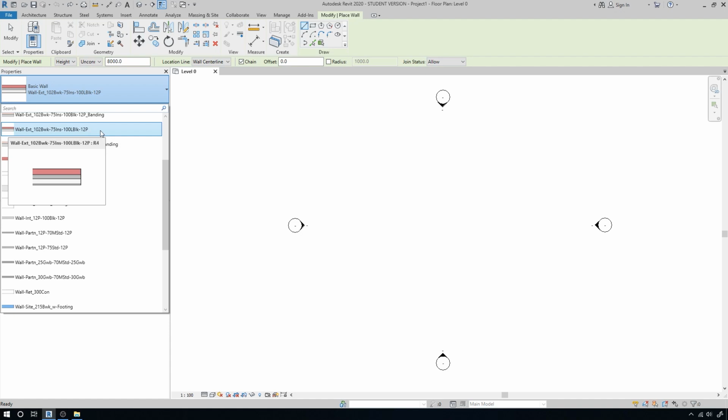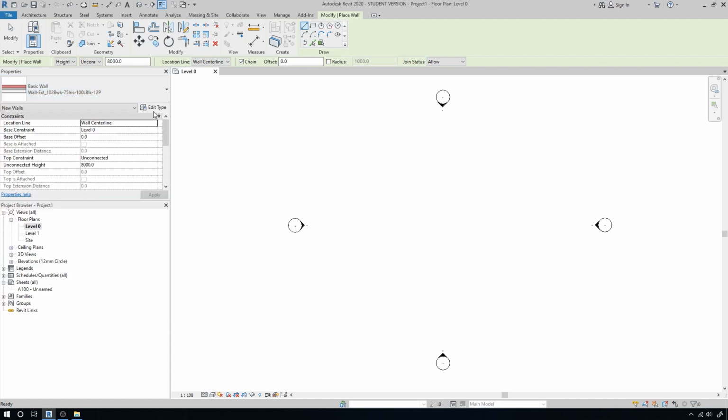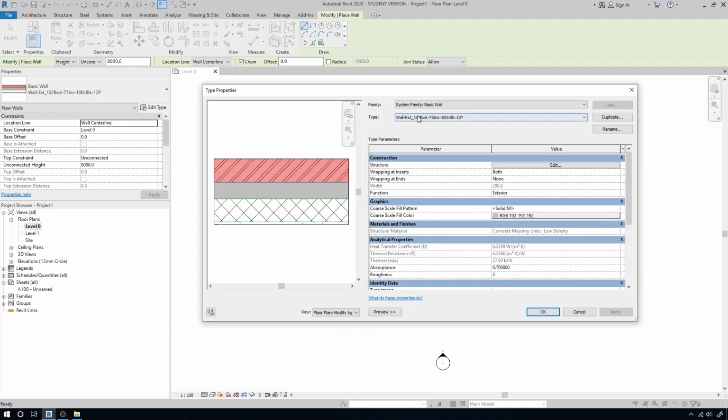wall. You simply click on any wall, a random wall, it doesn't really matter. You click Edit, and then let's say that you know your full build-up. So what you would do is click Duplicate, and then we'll label it as you choose. Your office might have a BIM manager who deals with all of this. I don't know, but for this instance, we'll just call it a simple Wall A. Okay, so now this is your wall,